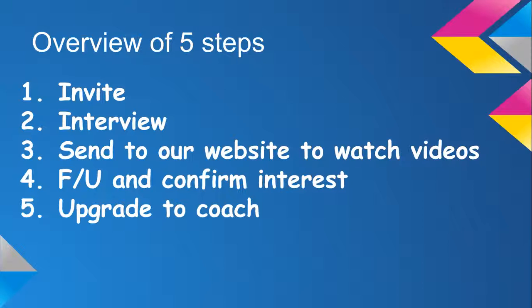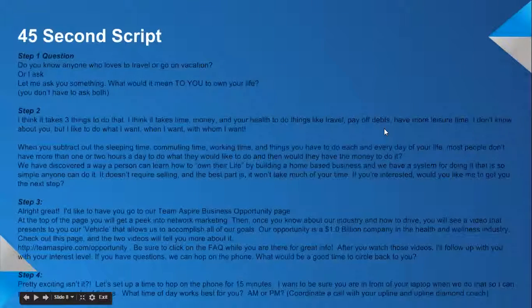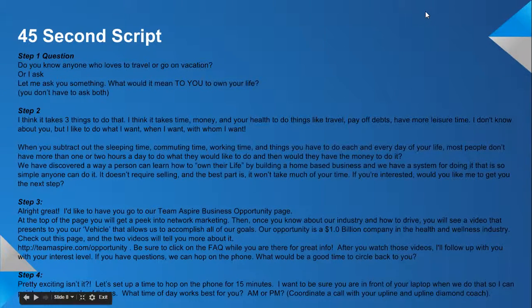And then when we went over this 45-second presentation information, it really hit home that this can be very simple to invite coaches. So I did make a script for that, because this is pretty much what we're going to be using for our coach invites if we're using the 45-second script. So this is the second way we can invite somebody, which is actually a great way. Some people feel more comfortable doing this, and